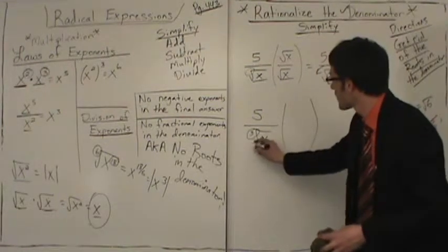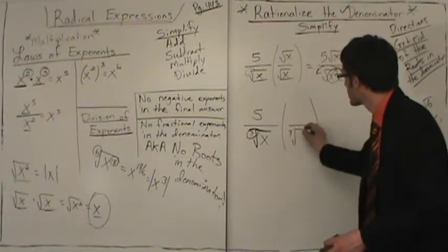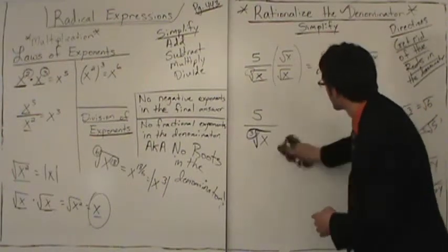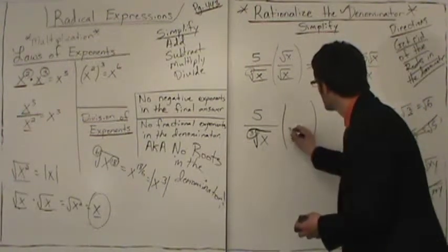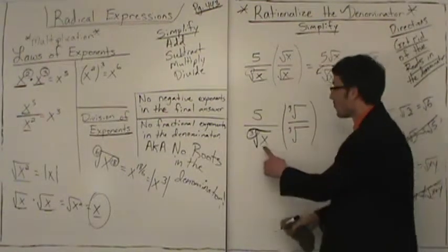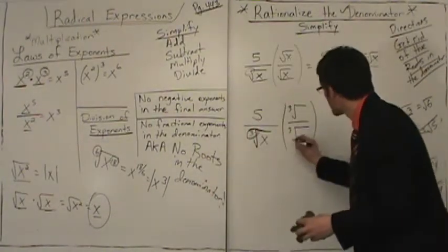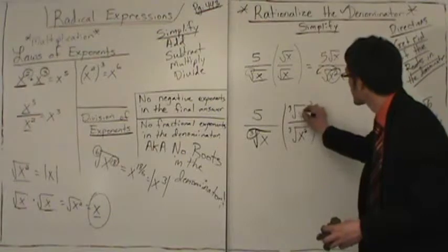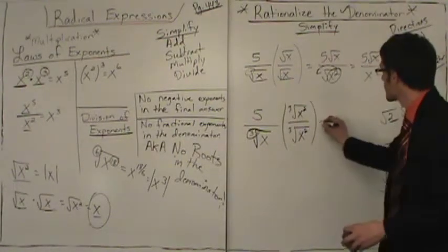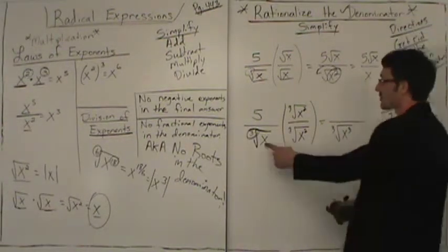Now, you have to multiply by a root that has the same index. Since this is an index of 3, we're going to multiply by a cubed root. So we're going to multiply by cubed root on the bottom and cubed root on top. We have 1 x, we need a total of 2 more x's to create a group of 3. So we're going to multiply by the cubed root of x squared, and the cubed root of x squared. Notice we had 1 x, we're multiplying by 2 more. This creates a total of the cubed root of x to the third, or a total of 3 x's now in